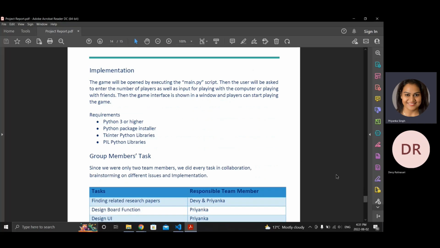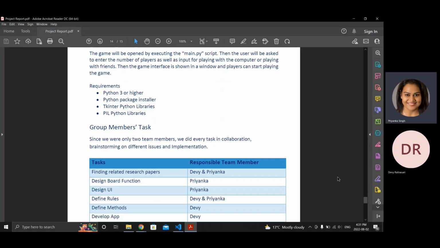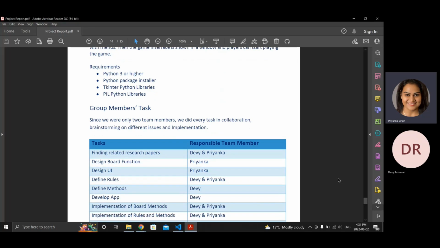Thank you, Devi. Now I'll talk about game implementation. Our game will be opened by executing the main.py script, and the user will be asked to enter the number of players as well as whether to play with the computer or with friends. Then the game interface will be shown. For the implementation part, we'll be giving the demo. For the requirements, Python 3 or higher is required for implementation of this project. Then the pip package installer is needed to install